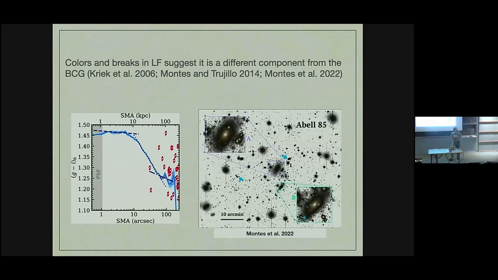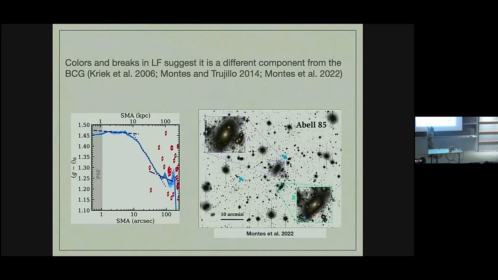So we've seen color breaks in the colors of the luminosity of the light, and this suggests that the light is a different component than the BCG. So breaks in the luminosity, but also breaks in the kinematics of the ICL. It implies that it's a different component than the brightest cluster galaxy, even though when you look at it, it looks just like it could be an extended amount. But this is